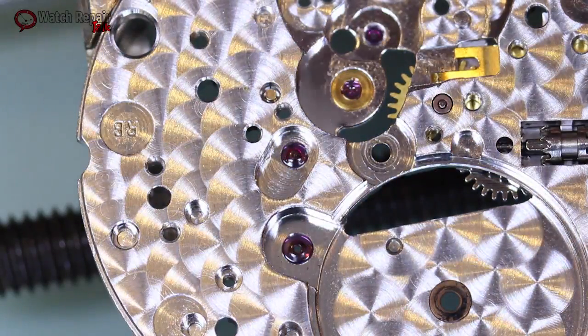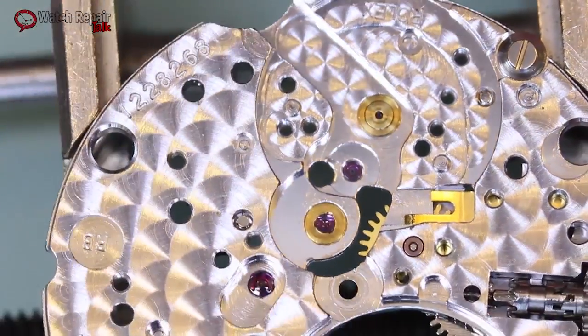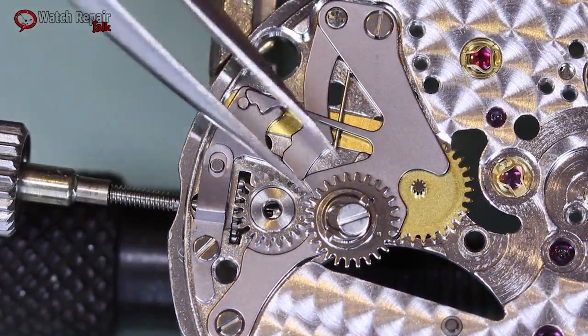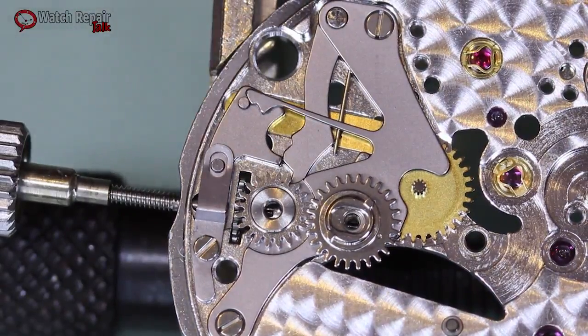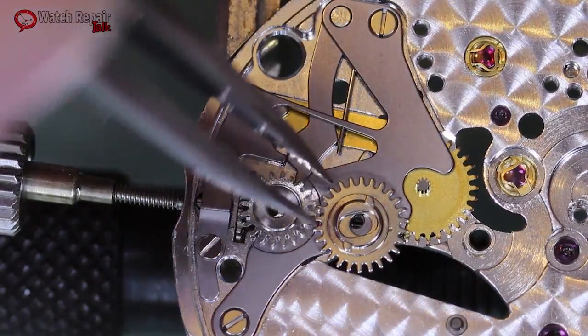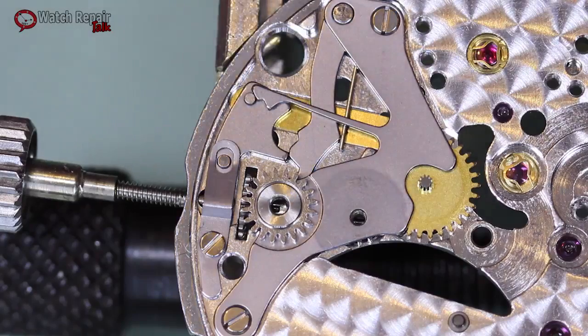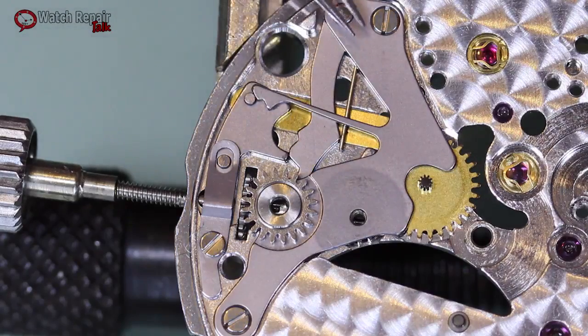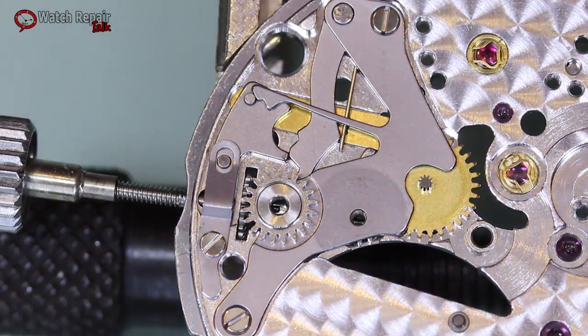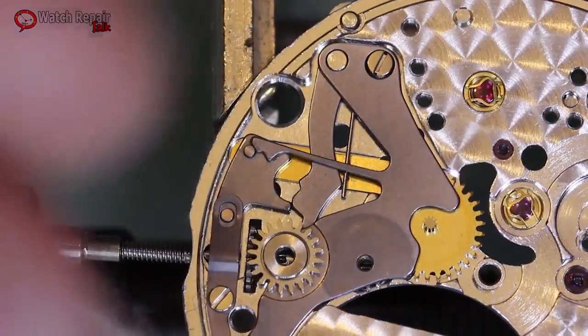So with the barrel out, I can flip the movement over and continue to take apart the keyless work. So I'm going to remove the setting lever spring and the calendar rapid date changing wheel. And the old oil has made this stick, so a little tricky to lift it. Okay, so I'm going to slightly loosen the setting lever spring screws, but I'm not going to remove them all the way yet,